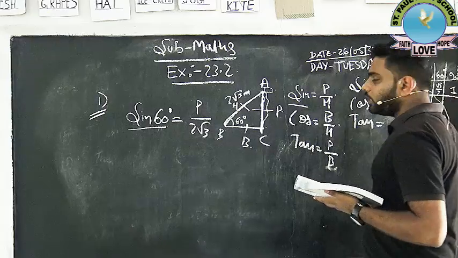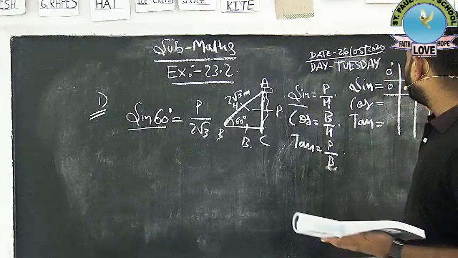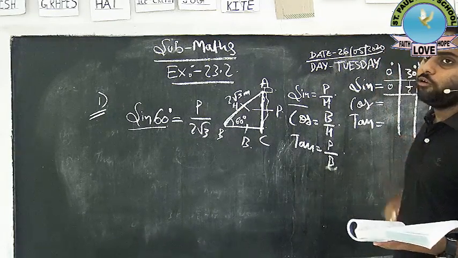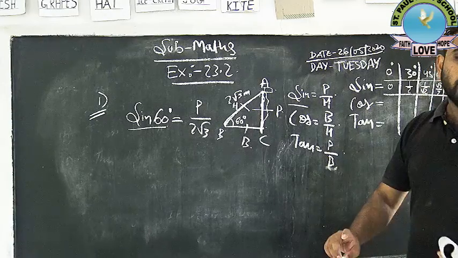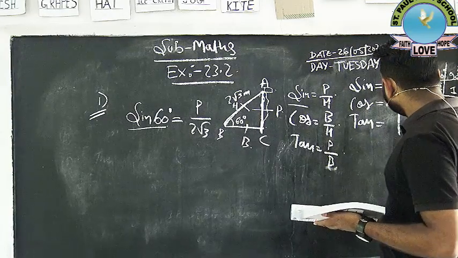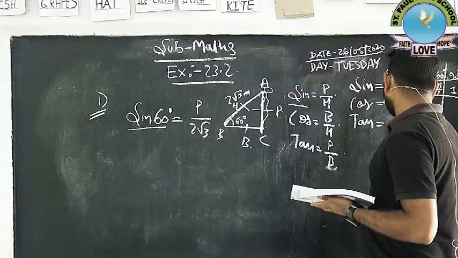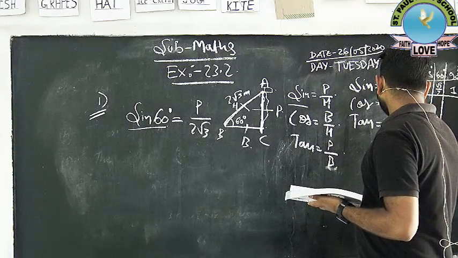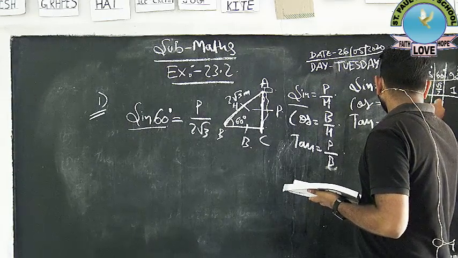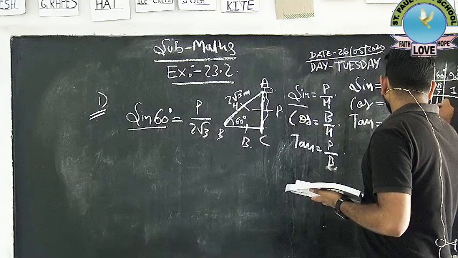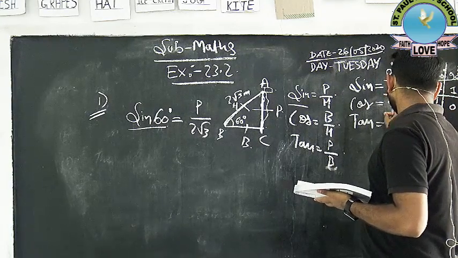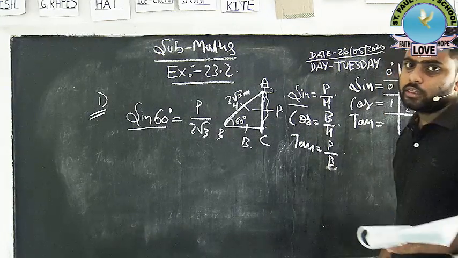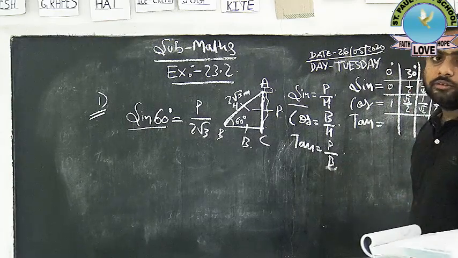These are all the values of sine. If you remember this, you can calculate cos and tan. For cos, the simple thing is to write whatever you have written in opposite order. 1 will come first, after that √3 by 2, after that 1 by √2, after that 1 by 2, and after that 0. Okay, the sine and cos matter is sorted.